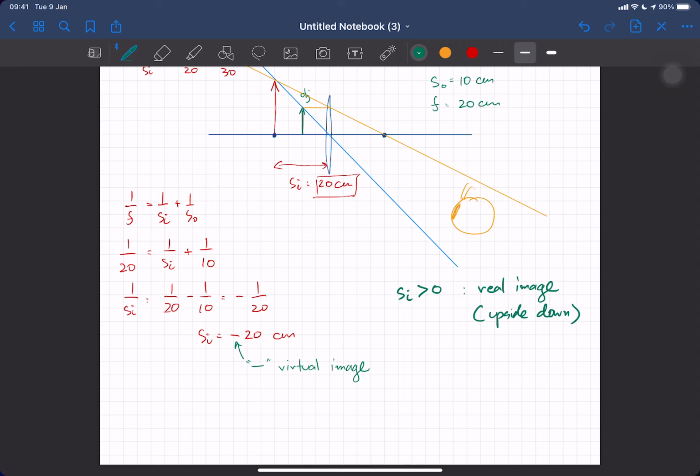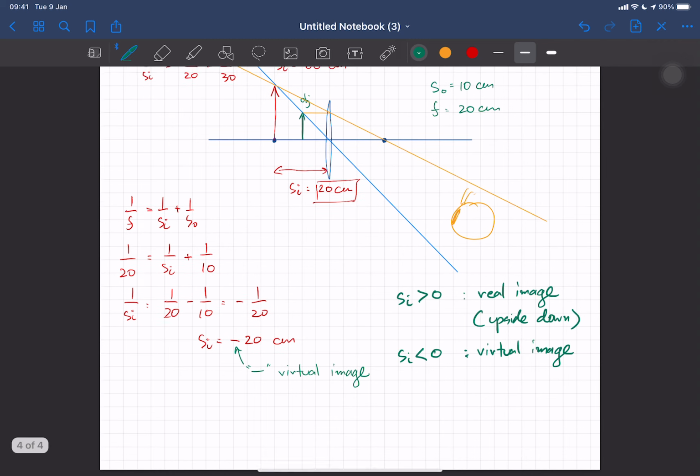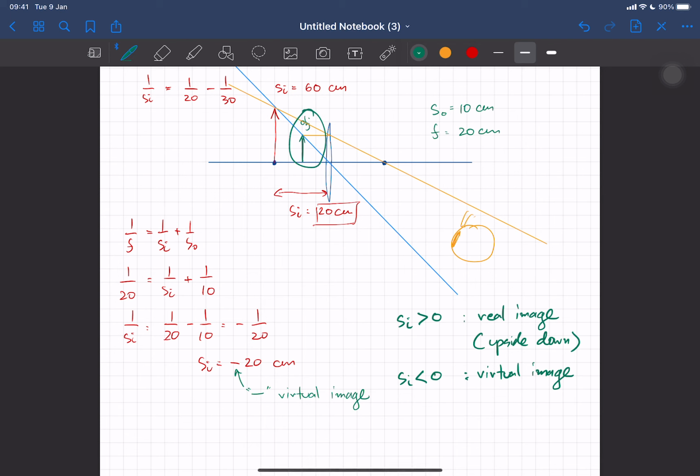That's the real image. If you have Si less than 0, then we call it a virtual image. And the image will be on the same side as the object, just like what we had here. So the object is on the left-hand side. The virtual image is also on the left-hand side. And it's not upside down, it's upright